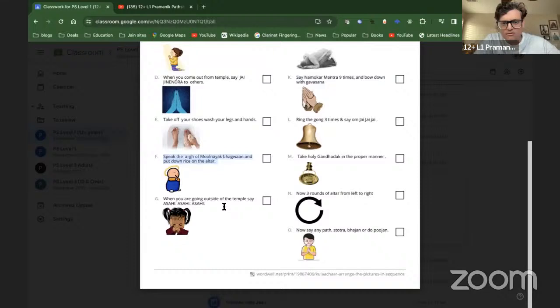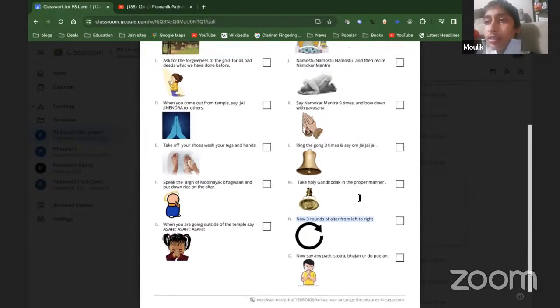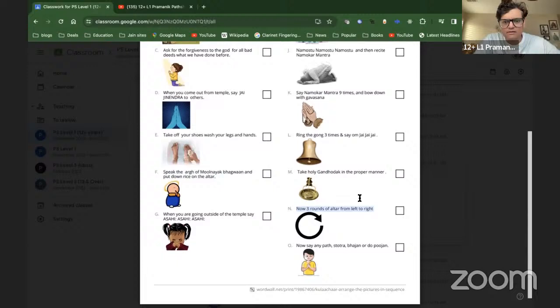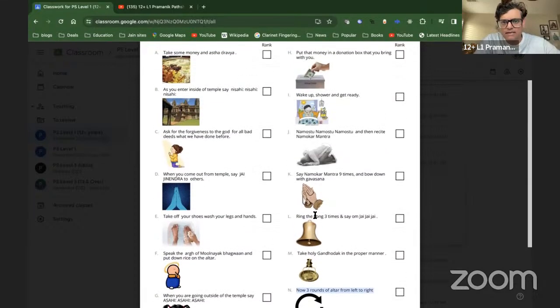Now, next, should we do 3 rounds, which is parikrama, after that, right? What about donations? Do you do that first or? No, beta. Donation you do later. Okay, first you do the 3 rounds of parikrama, hai na? Then